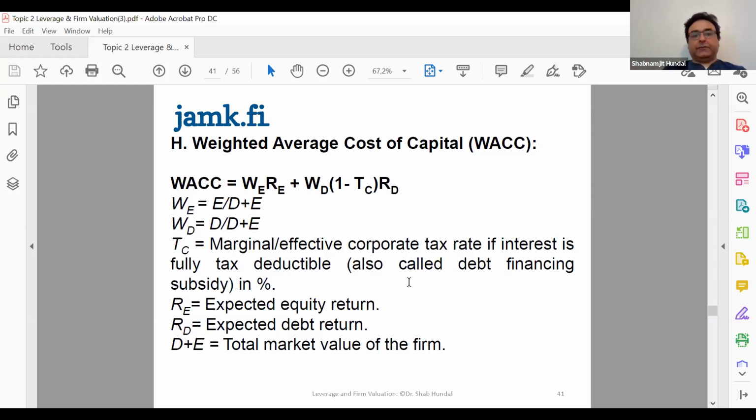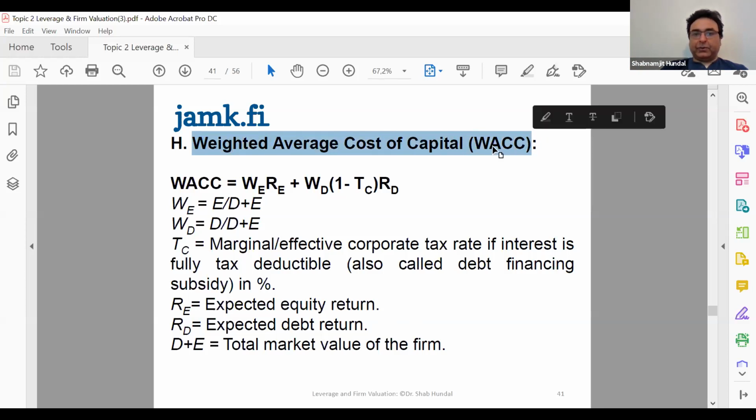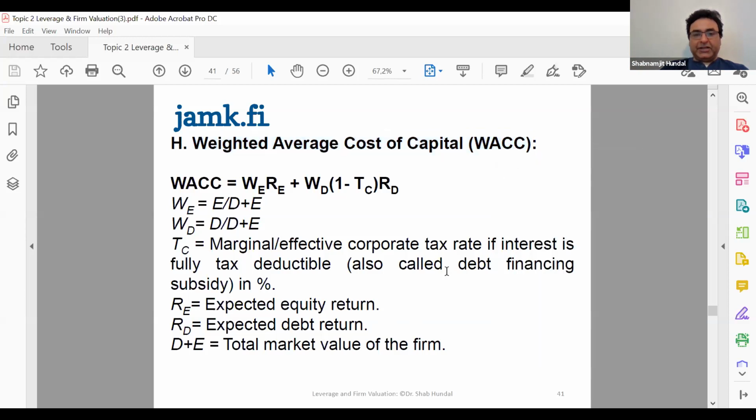Maybe I better do it for you. So let me copy the title, weighted average cost of capital. I'm not sure if I have any spreadsheet like this before. Let me check in my folders. If I have it, then I would rather not recalculate. No, it doesn't appear to be in my folder. So let's take an example. Let's take a spreadsheet. We are very fond of spreadsheets these days. But in a way, it's good because then you can see what is happening.